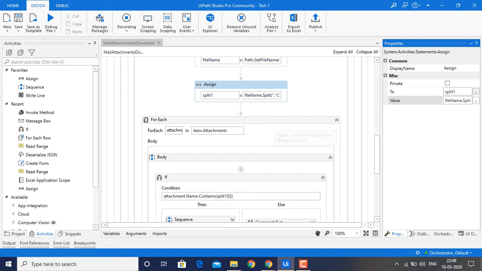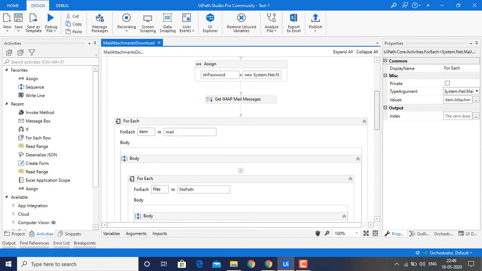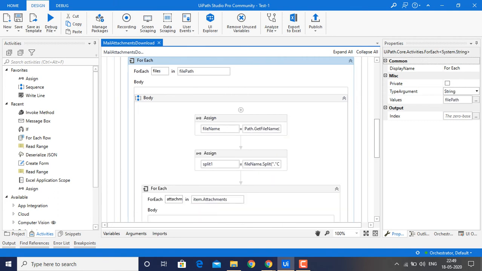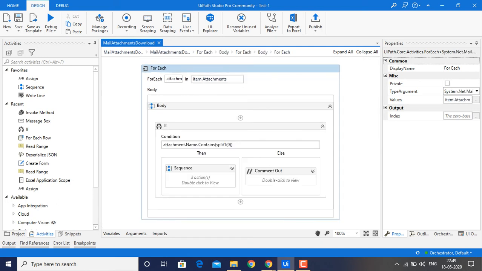And again I have taken a For Each activity because we have to loop through the attachments. Earlier we did it for a single mail, that is, for the mail messages. We have taken a For Each activity to loop through the files. Then we have taken a For Each activity to loop through the attachments inside the mail.